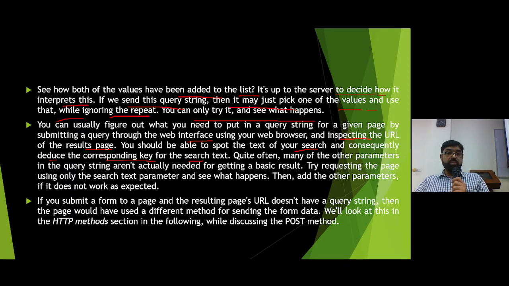Quite often, many of the other parameters in the query string are not actually needed for getting a basic result. Try requesting the page using only such text parameters and see what happens. We will try a Google search and see what happens. And if it does not work as expected,